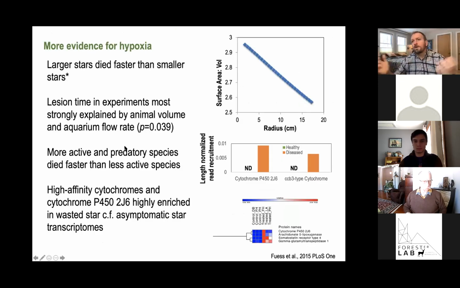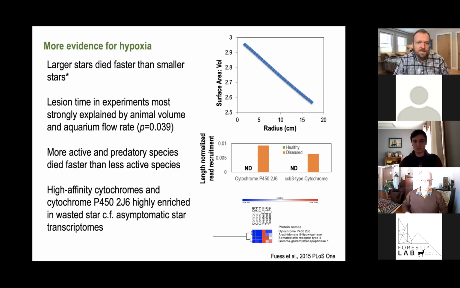There's even more evidence of hypoxia, all right? Larger stars died faster than smaller stars. The surface area to volume ratio of sea stars, which dictates their ability to take up gases from the environment, is very much smaller for larger animals, all right? And so that is consistent with this idea that oxygen is playing a key role. In lesion time experiments, it's most strongly explained by animal volume and aquarium flow rate, all right? More active and predatory species, which obviously consume more oxygen because they're moving around a lot more, died faster